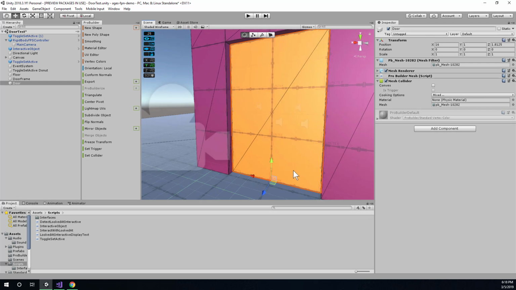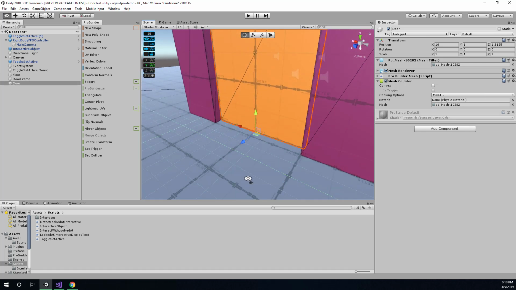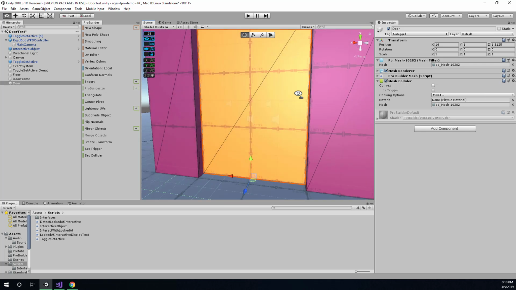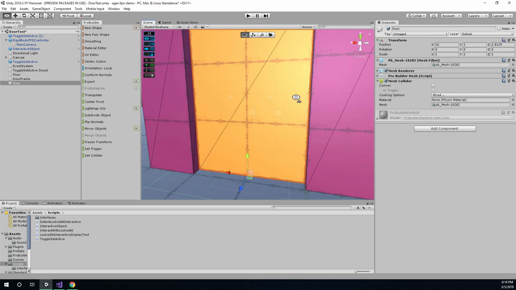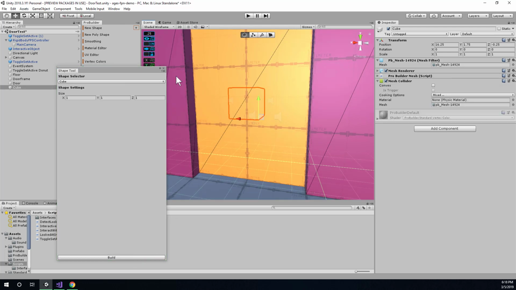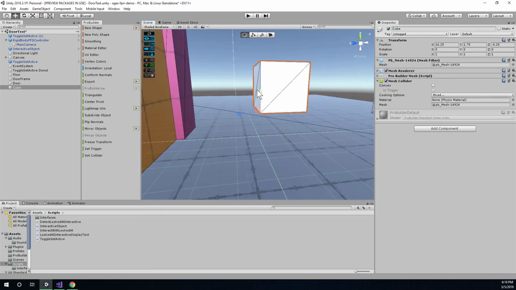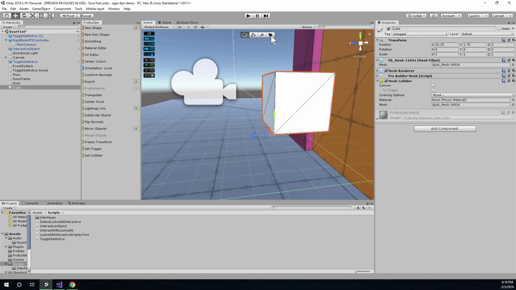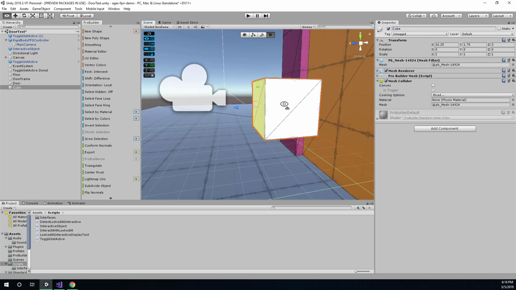If that's not the front of your door, you could rotate it. So I mean it's not essential, but I think it makes sense to just keep things organized like this. So anyhow, I'm gonna hit Control-Shift-K and make another cube. I'll just build this thing, and let's scale it down quite a bit. I'll move it over in front of my door, and I'm not literally going to scale it. I'm going to just